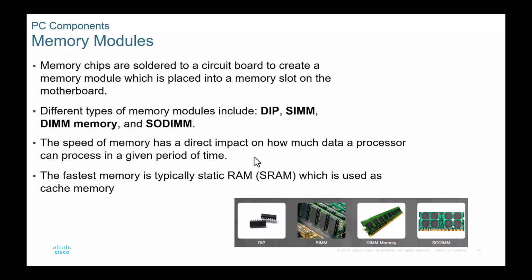Okay, so this is what we're going to talk about here. The most common things that you're going to see when working on PCs are going to be your DIMM modules, which are dual inline memory modules, or your SODIMM. These are our smaller form factor DIMMs, which are in small PCs. These have SODIMMs in them because they are a smaller build, so they're actually running laptop RAM, whereas your full-size computer is going to run full-size DIMMs. So making sure that you know that SODIMM equals laptop would be very beneficial for your A+ exam, and being able to identify the differences between them.